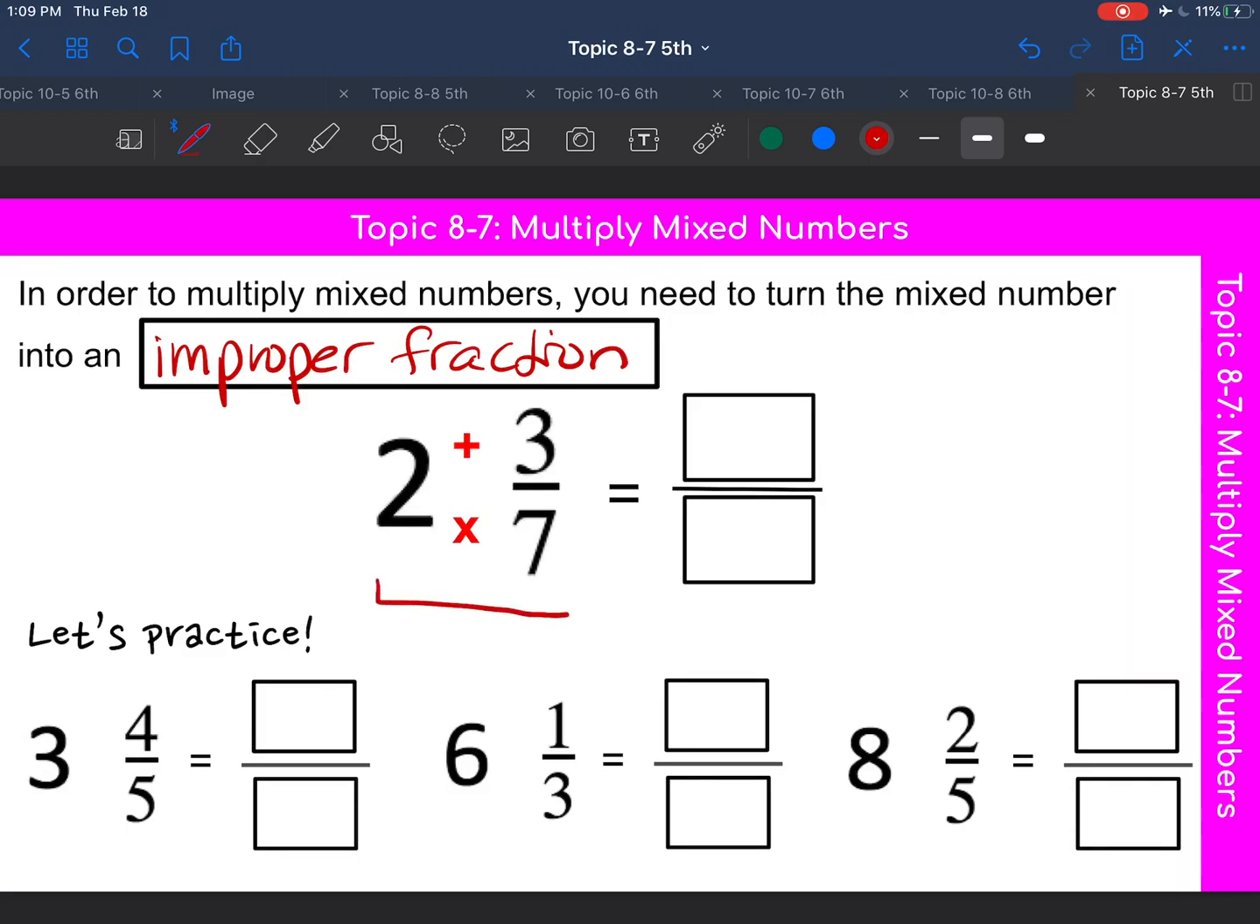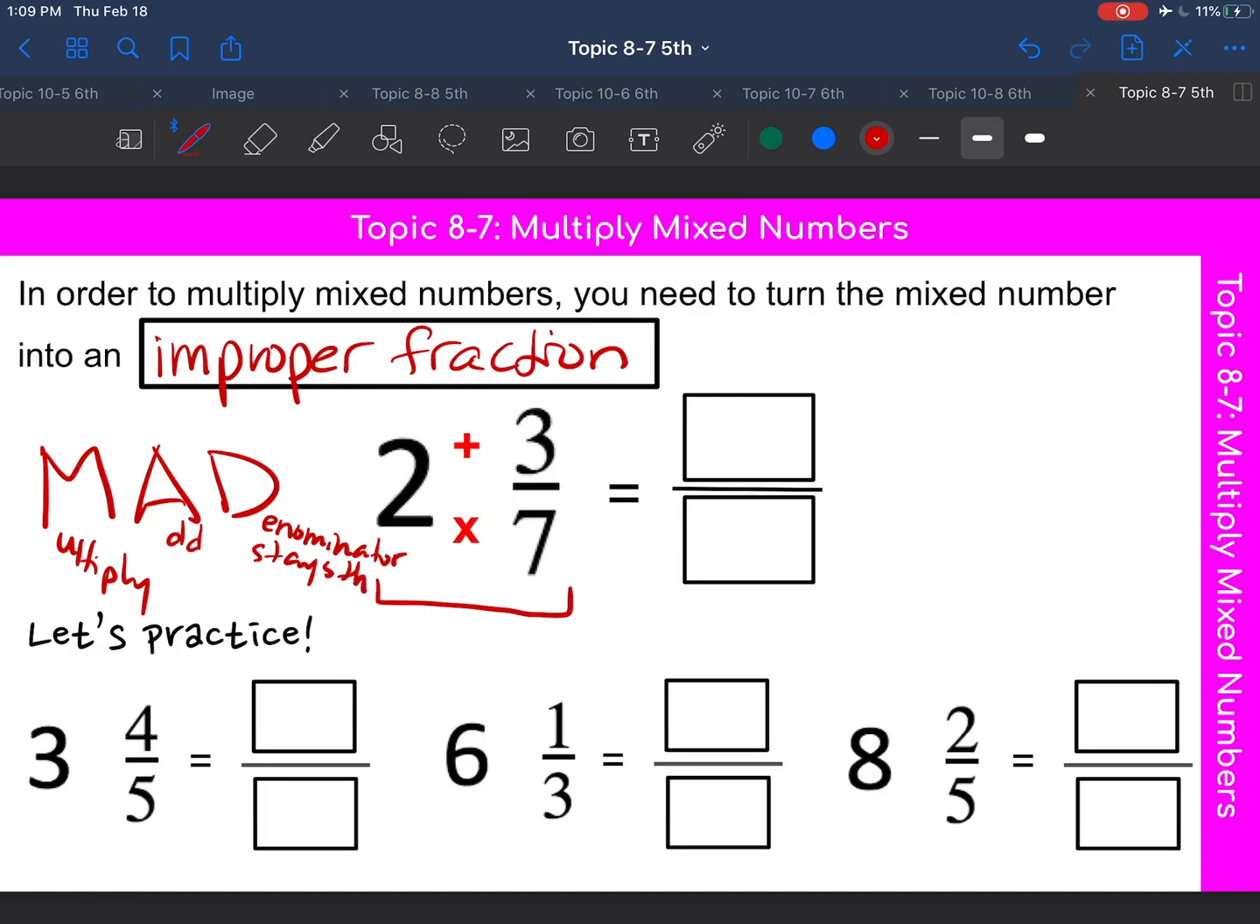So let's look at this problem. We have 2 3/7. That's the mixed number. Well, how you're going to change it to an improper fraction is that I want you to follow these 3 letters, or this word, MAD. I want you to get MAD, which stands for multiply, add, and then denominator